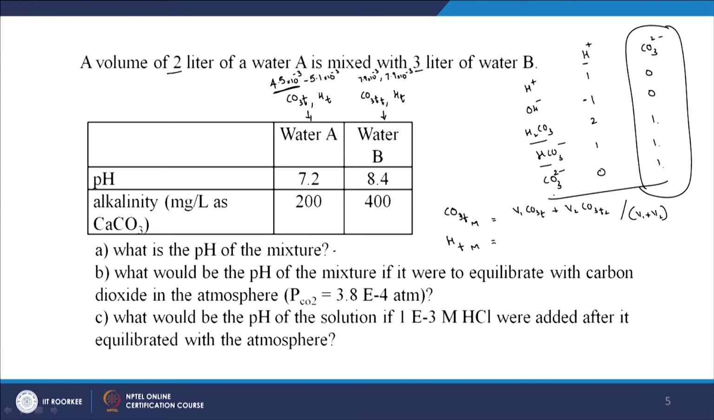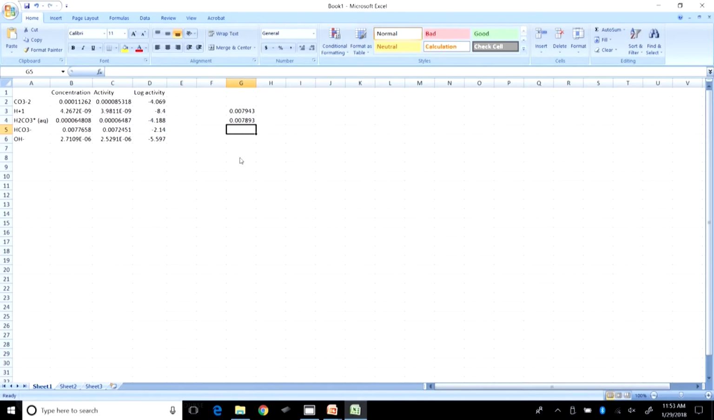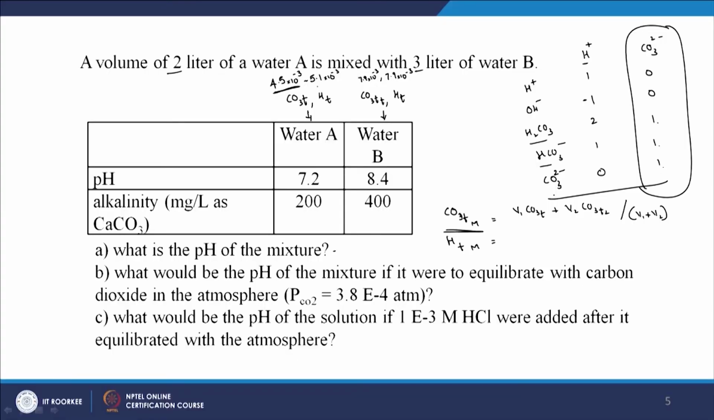So, let us just plug this in for both the cases and see what it turns out to be, right. So, let us go back to Excel. Hopefully, we can remember the values, or we can come back to this particular slide. So, first we are going to try to calculate CO3 total of the mixture, right. So, we are now going to calculate CO3 total, that is equal to V1, which is 2 into, and let us check the value of our CO3 total, and that was 4.5 into